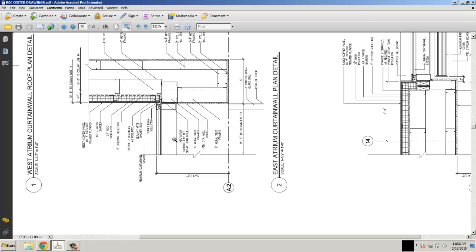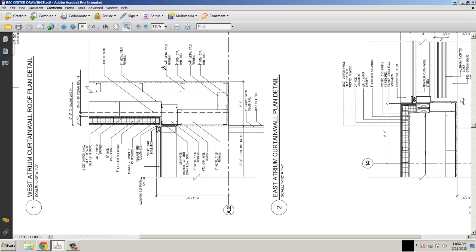barrier lap with spray foam insulation, more spray foam insulation, the exterior sheathing, so this is actually the exterior of the building, your metal studs, and then on the inside we've got, if we look at this arrow, it's 5/8 painted gypsum wallboard, 3 5/8 metal stud framing, and more gypsum wallboard